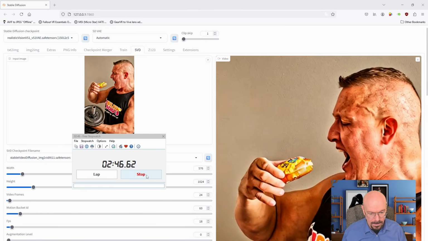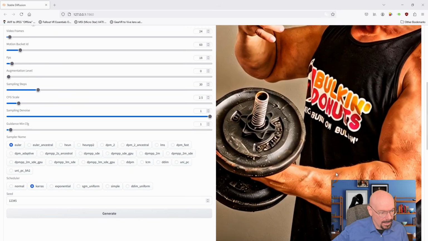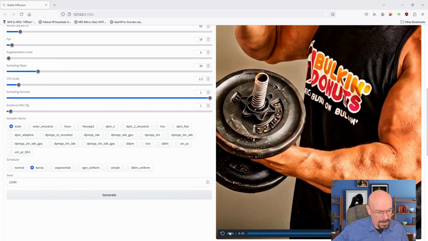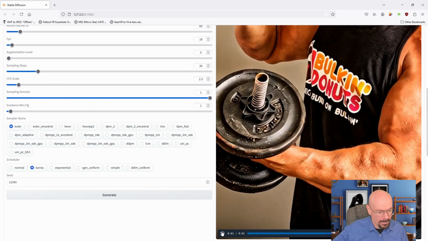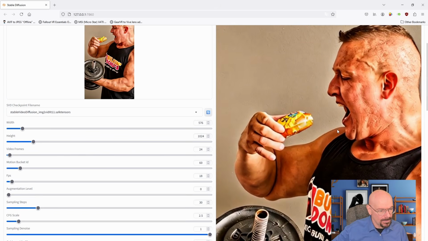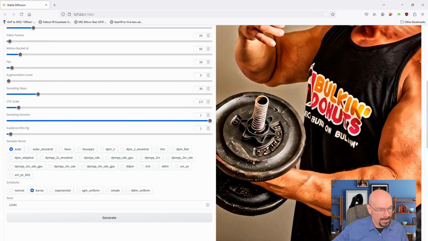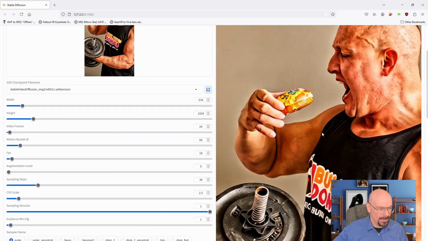Okay, so we are done. Let me reset and close this. I did not catch the animation because I was looking at my phone. Let me see what we got going here. Nothing. Okay, we have no movement in the hand. We just have a simple zoom out. And that is it. Like I was saying, it's very hit and miss, and you have to play with the settings here quite a bit and just generate a number of images, and eventually you'll find something that you're